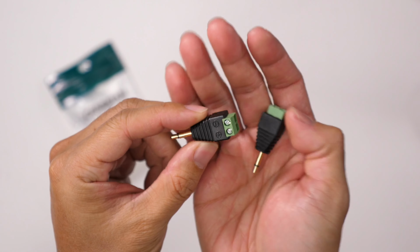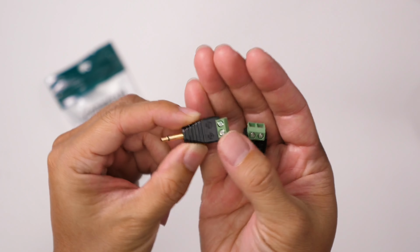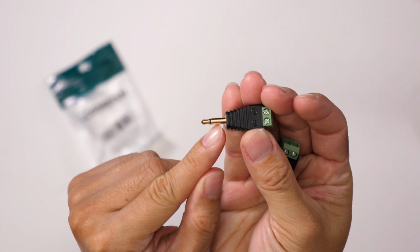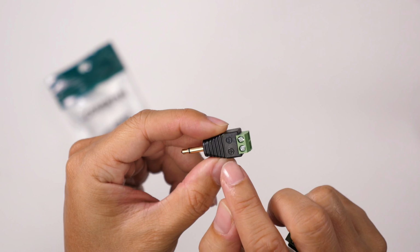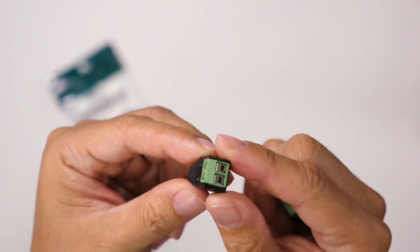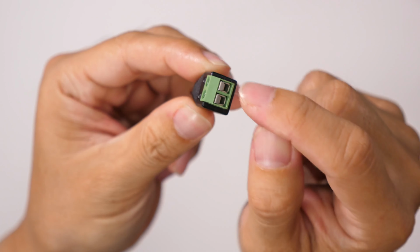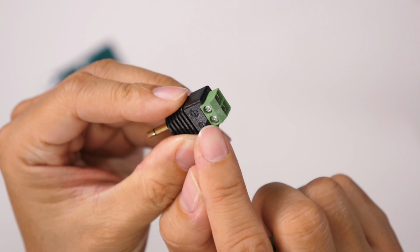So here we have the 2 connectors, again, a tip and a sleeve. You can see a positive and negative terminal there with small screws. And then if you look closely, that's where you would insert the wires and then screw it in to tighten